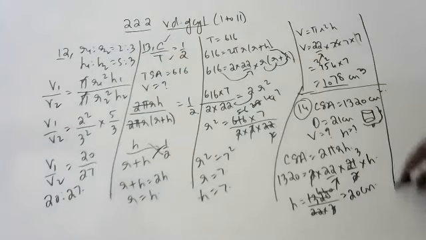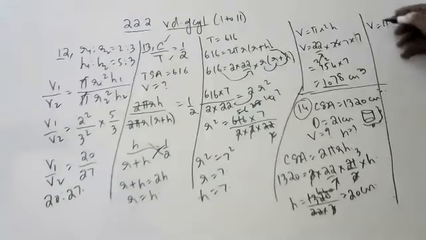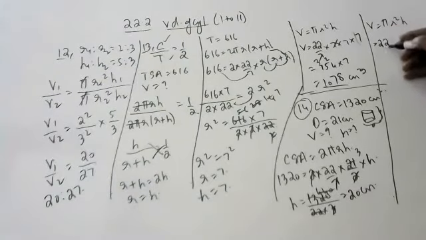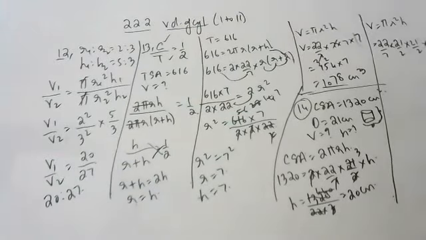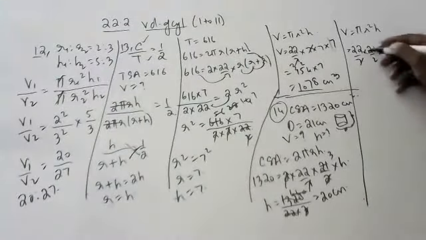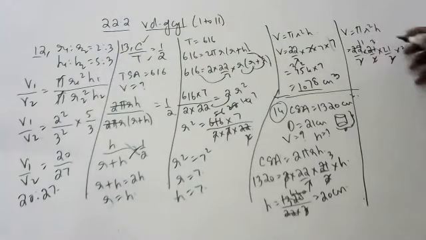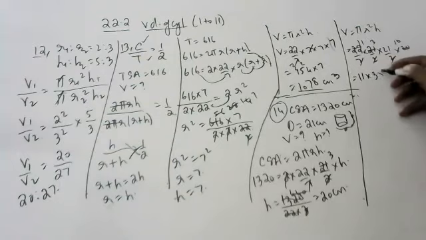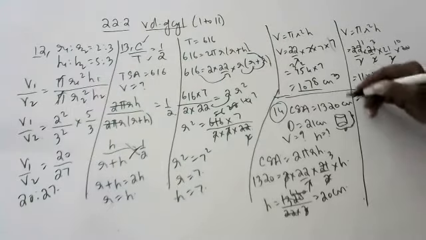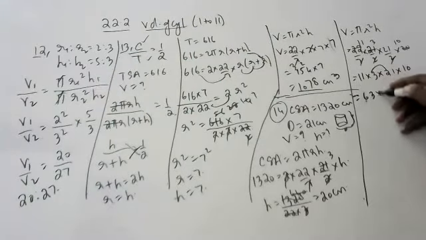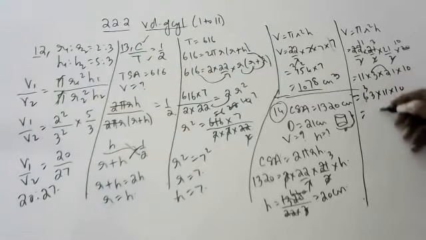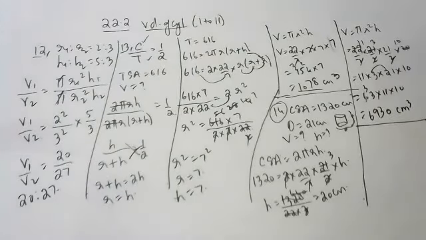So volume is equal to pi r square h. 22 by 7 into 21 by 2 into 21 by 2 into 20. Very good. So 2 11s are 22, and 2 10s are 20, giving 11 into 3 into 3 into 7 into 10... so 63 into 11 into 10, which is 6930. 6930 centimeter cube is the volume, sir. Very good. You told very nicely.